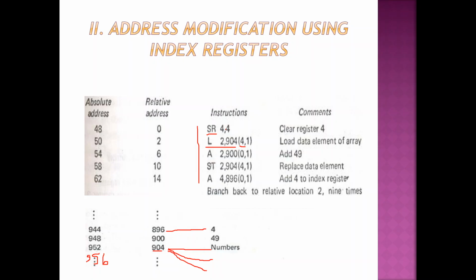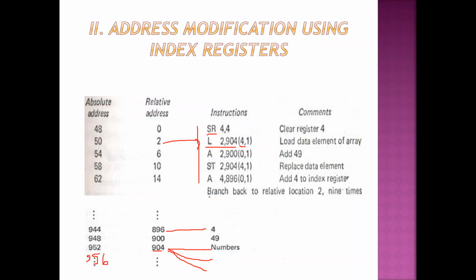It is like AR, add register 4 comma 3, we saw yesterday. That is the example we saw. Similarly, subtract register, yes, cleared the register 4. Now register 4 is 0, right? What happens? Register 4 is 0, so 0 plus 904 plus 48, 952. First number I have loaded, and I have done the addition also, no problem. Then I'm going to branch back to line number 2, which is nothing but looping. We don't want to clear the register every time. First time I clear the register, and then these 3 lines of code I want to repeat again and again, 10 times.